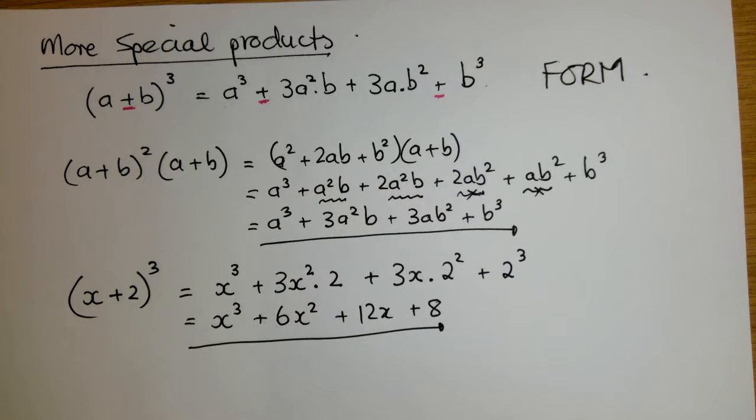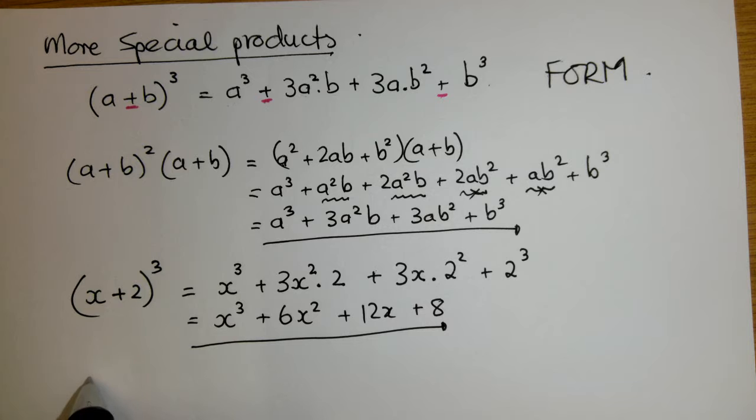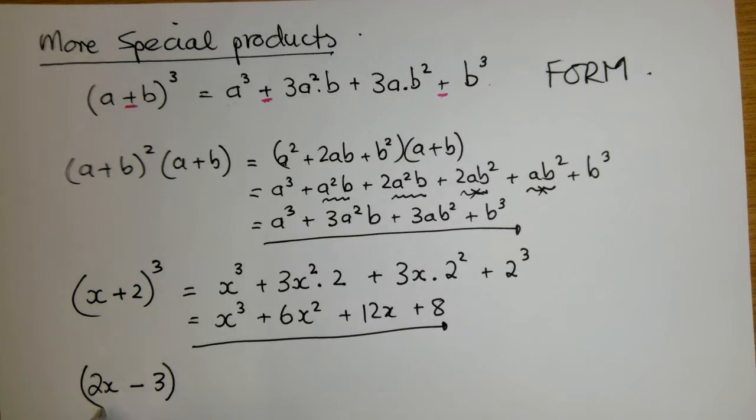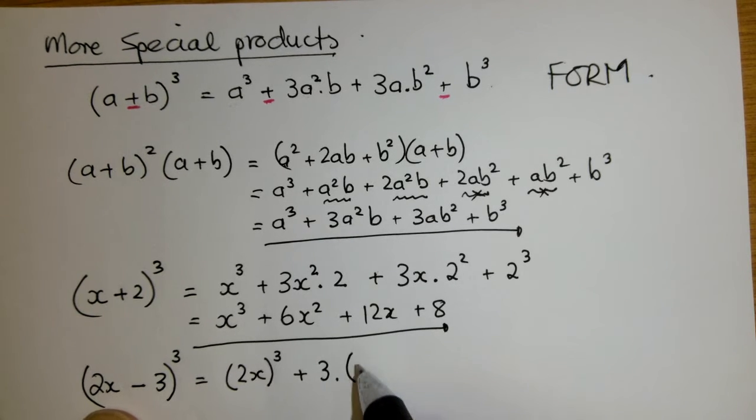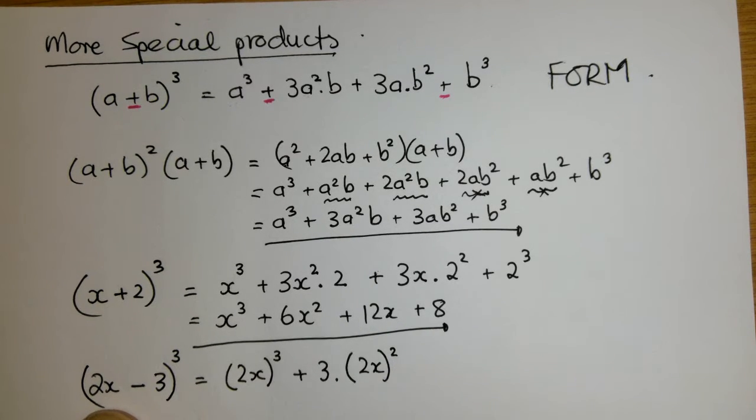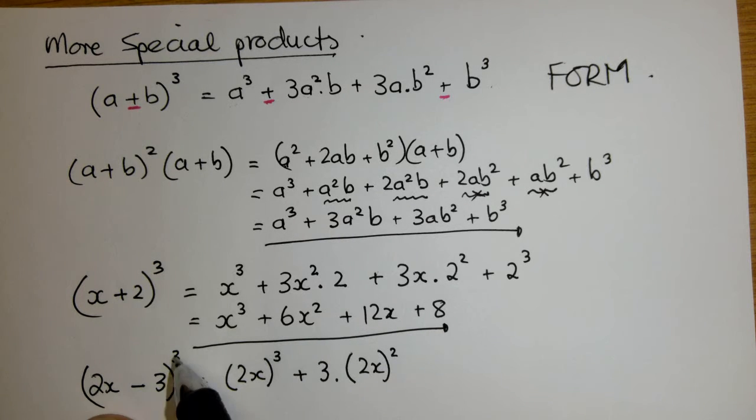Let's deal with the negative. Let's go for 2x minus 3, and we're cubing it. Now remember, the first term, a, is 2x. So this is 2x in the bracket, and I need to cube it. Plus 3 times this 2x squared. I am deliberately using brackets because the 2 must be cubed and the x must be cubed. Then multiplied by the